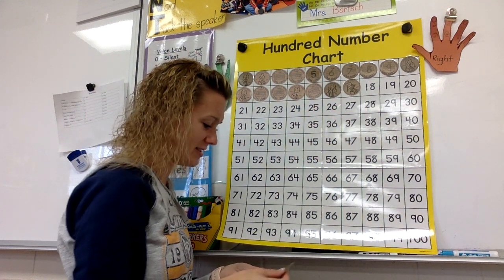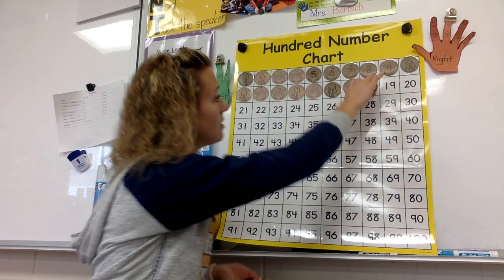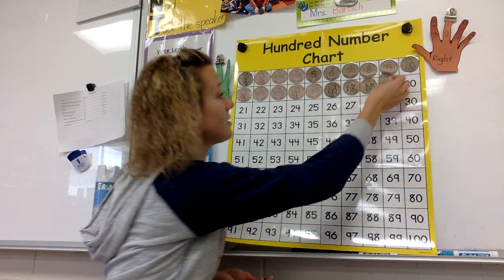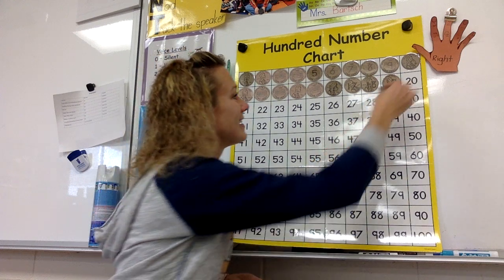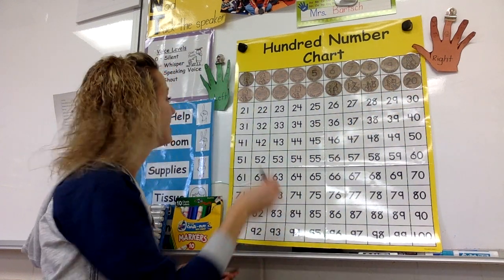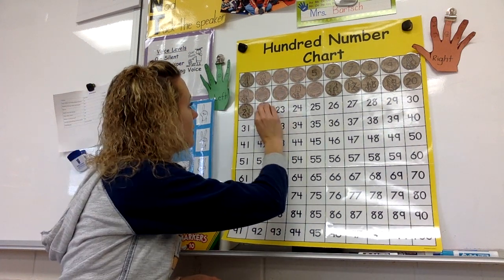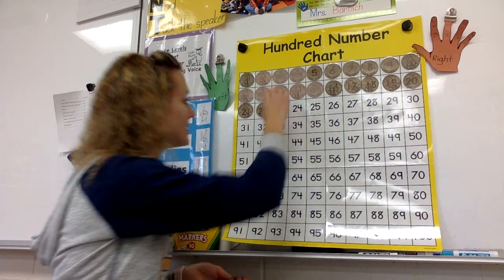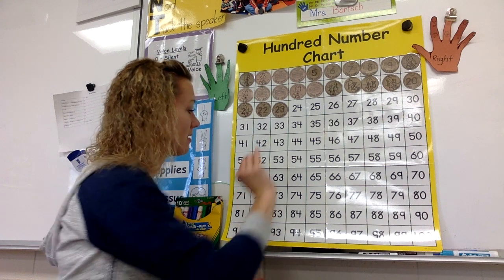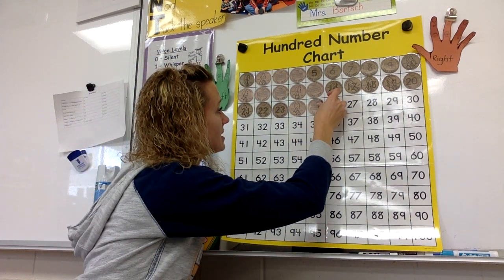Kind of need to push hard with these. 17, after 17 comes 18, and then 19, and then 20. Keep going. 21, 22, 23, 24, and one more makes